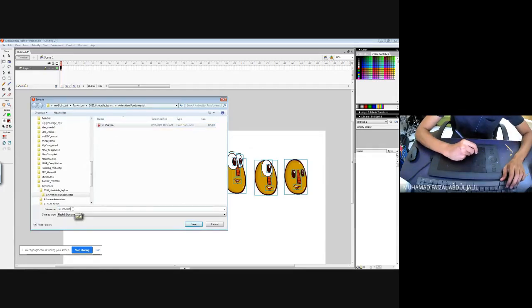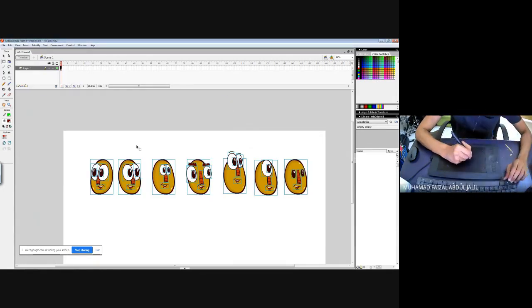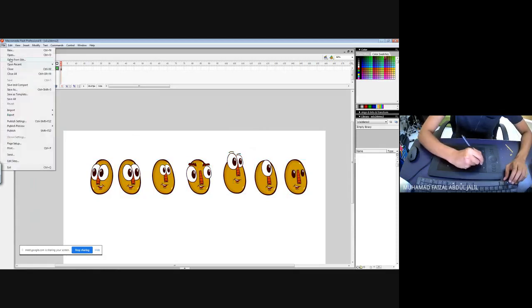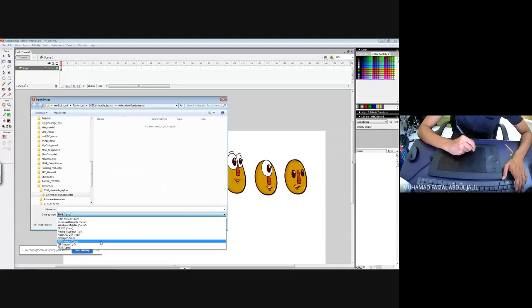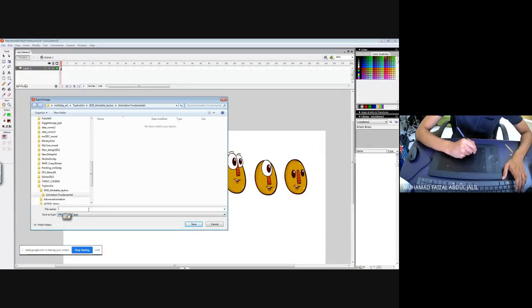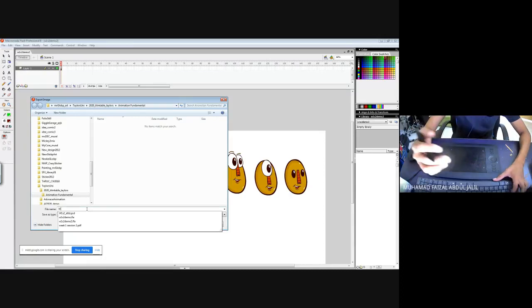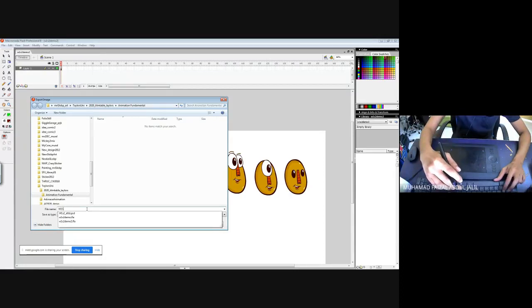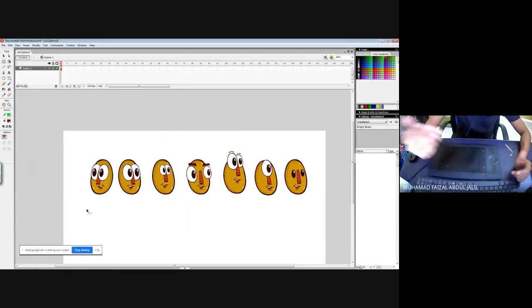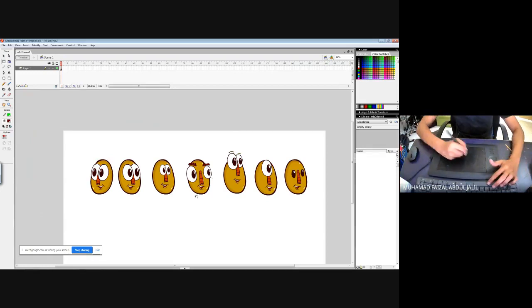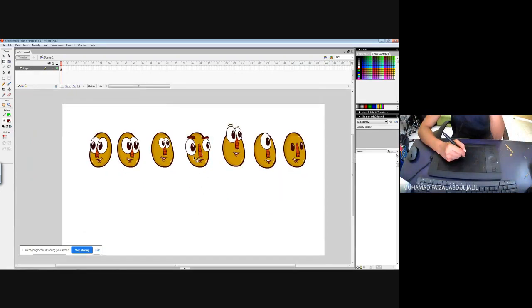So save them. Don't forget to save your files as FLA files. But later on, when you want to export, if using Adobe Animate, you can use export images. Save into JPEG files. Okay. Rename the file week 1, session 2, your name, and then exercise number 1. Please rename your file with your name, so I can know your name at the same time.